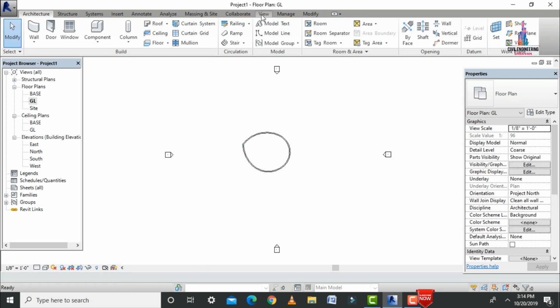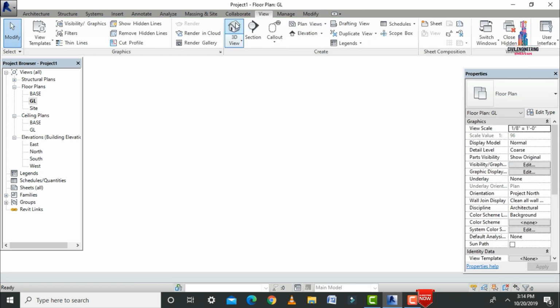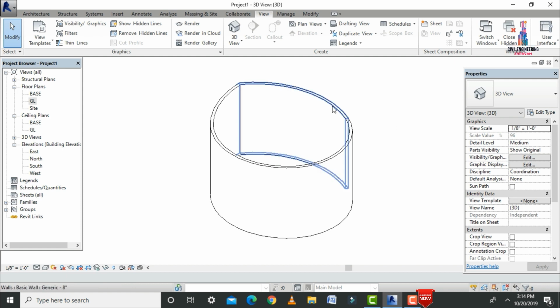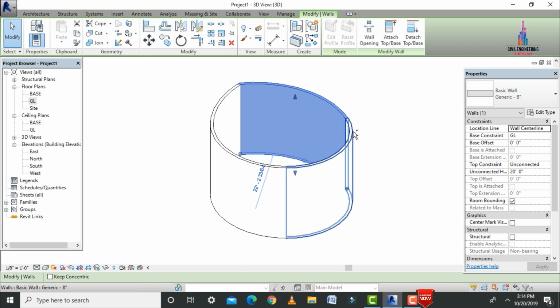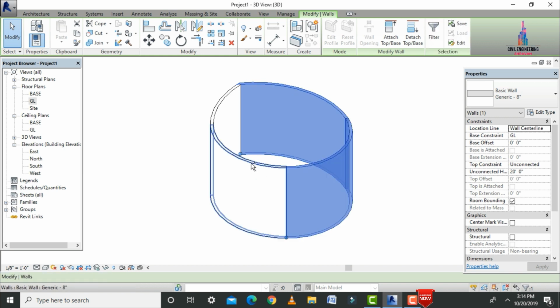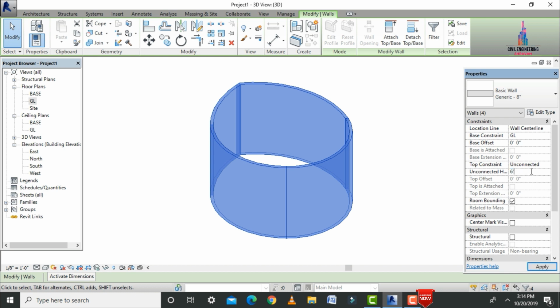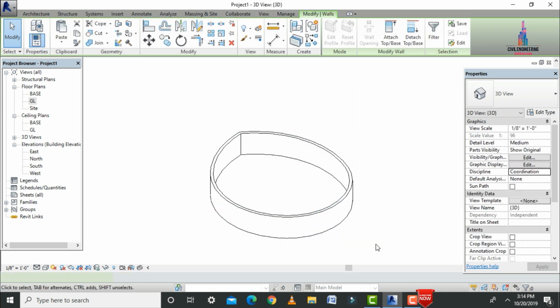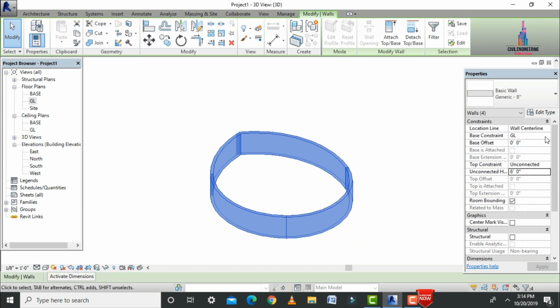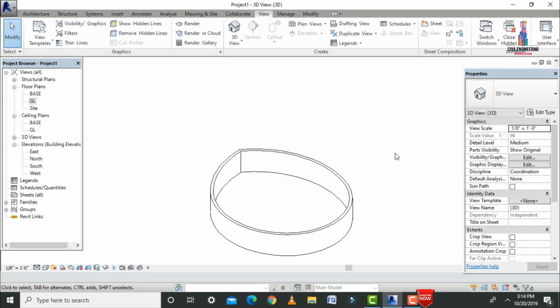After that click on the view option. Here we have to select the default 3D view. The wall sections will be considered with 20 feet height. So we need to change this wall thickness as well as the height. Here I am changing the wall height to 6 feet 0 inches. It will move your wall to the downward section. Now we have to select all the wall properties. We have to move them initially from the ground level to the base section here. It will move the wall to the ground section.